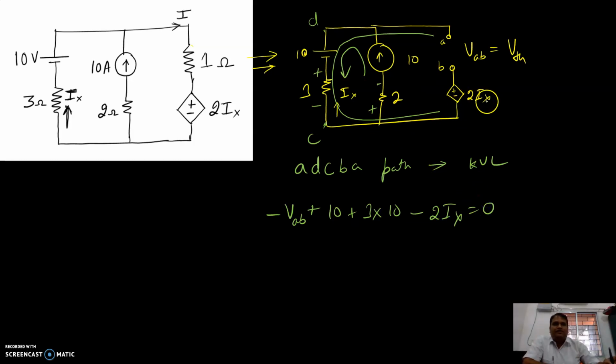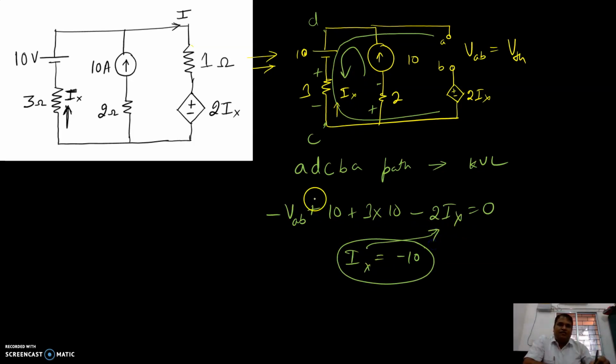Also we know that there is a dependent source Ix, and the voltage across this dependent source depends on the current through it, and also we know the relation Ix is equal to minus of 10, because here the 10 is current going down and Ix is going up. So we have to substitute the value of Ix here and solve, and all the known terms are there. So VAB is only to be found, so you can find it out easily.